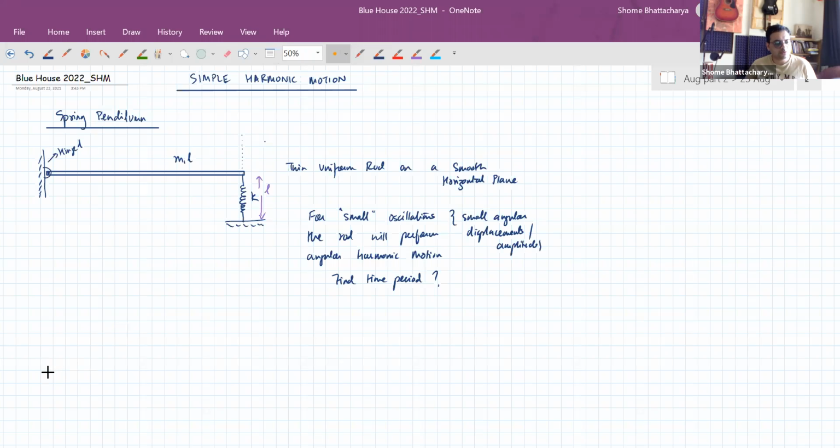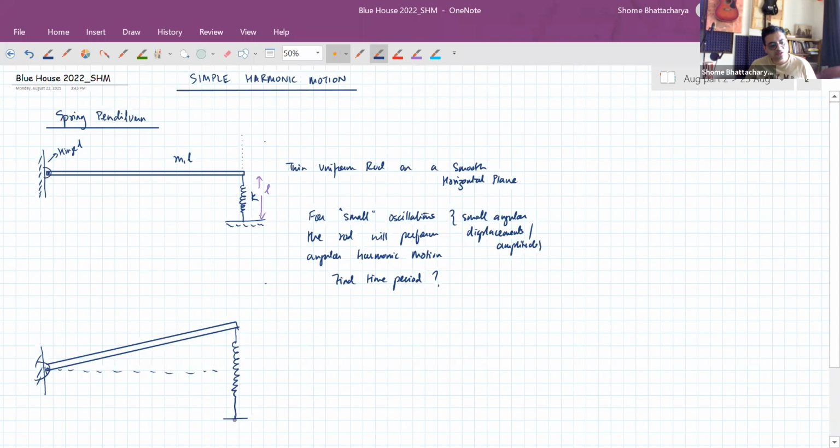Okay, so let's visualize this rod now given a small angular displacement. Although in the diagram I'll show it like it's a significant angular displacement, you just imagine that it's an angular displacement which is definitely less than 5 degrees, so that we don't have too much problem with the application of small angle approximations. So now imagine that this is actually a small displacement. This is going to remain more or less along the same line that it was, only it is getting stretched. Actually, it will get slightly bent like this, but because we are taking the angular displacement theta to be small,